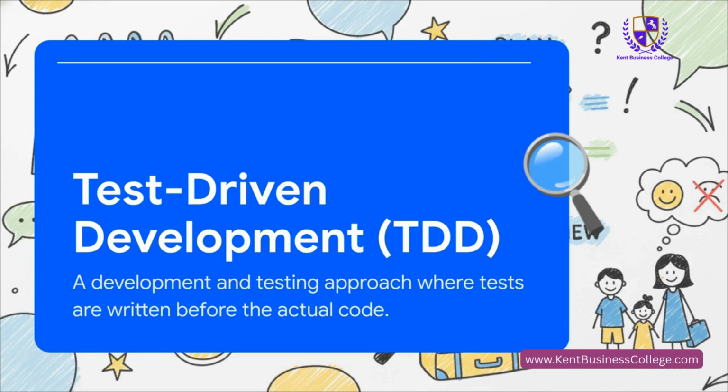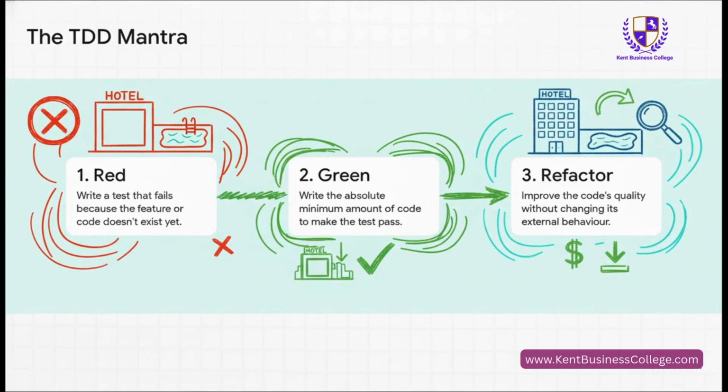In the software world, this means you literally write a failing test for a new feature before you write a single line of code for the feature itself. And TDD follows this really simple little mantra: red, green, refactor. So first up is red. You write that rule: the hotel must have a pool, which fails because, well, you haven't picked a hotel yet. Next, green. You do the absolute bare minimum to make that rule pass. You go online and find the cheapest, most basic hotel that has a pool. Great, test passed. But we can do better.